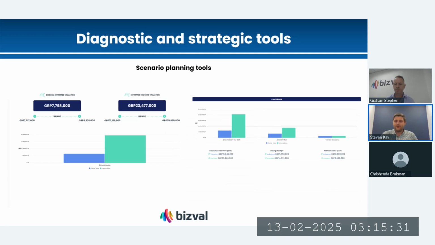And that's where this becomes an incredibly powerful tool. As you'll see over here, there's a bunch of different graphs, but it's all interactive. So it's something you can sit with your client and discuss and run different tests. If they're curious, what would happen if I employed a new marketing person? They're going to cost an extra, maybe $30,000 a year, but potentially they can add X amount of revenue. You can sit and run those examples, and the result might be higher or lower than your midpoint, but you have actionable insight. You can come up with ideas, you can run the tests and see exactly how that affects the current valuation.